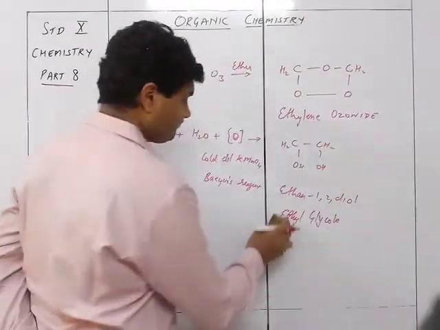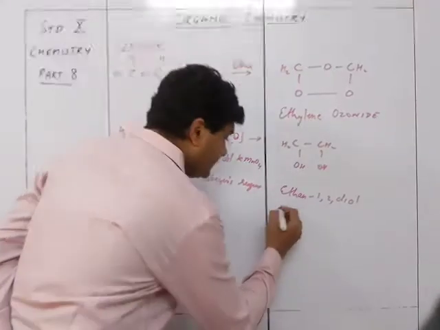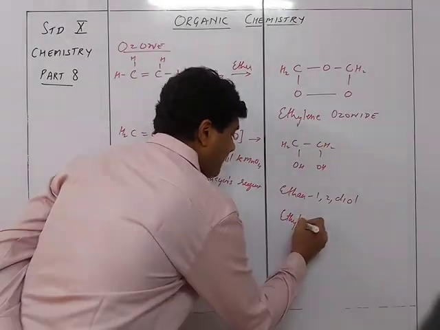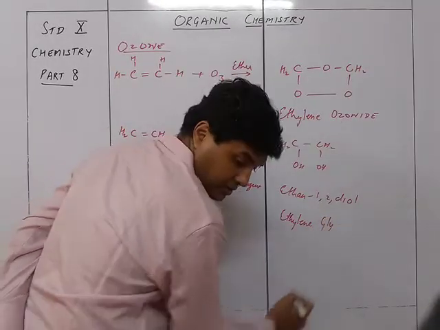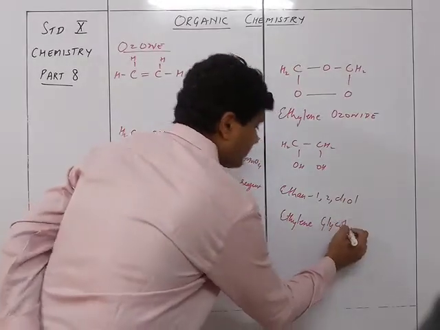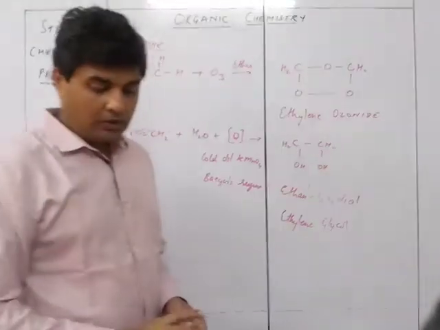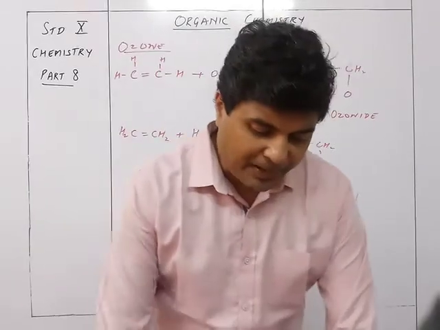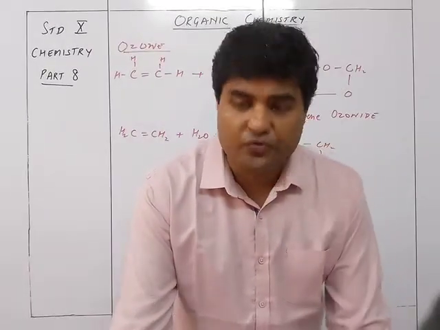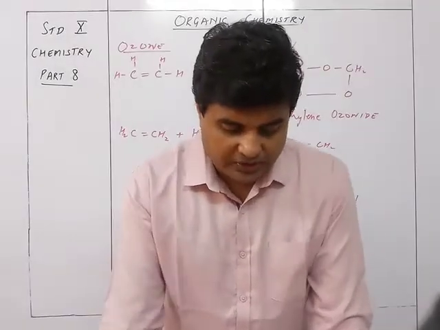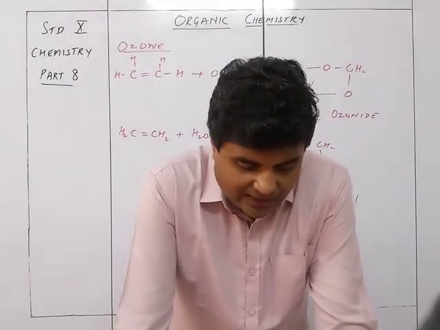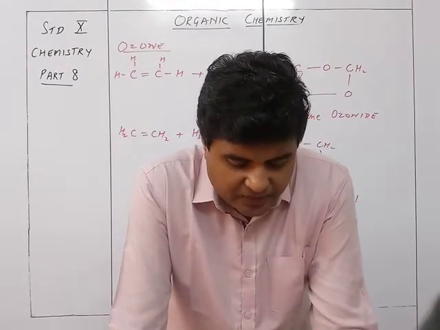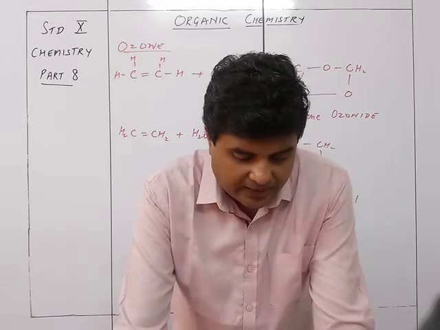The conditions: ethene passed through cold dilute KMnO4 solution at room temperature. Product: ethylene glycol. Chemical test: purple KMnO4 is first converted into green